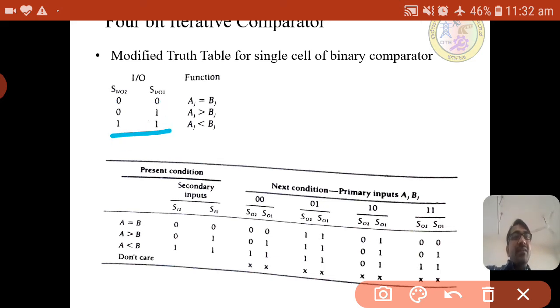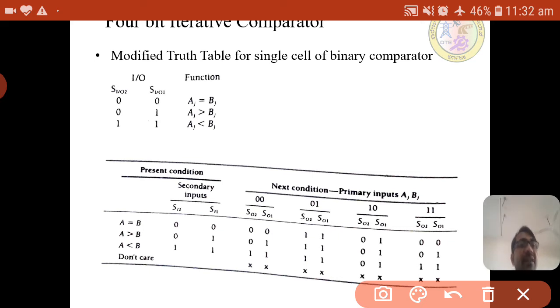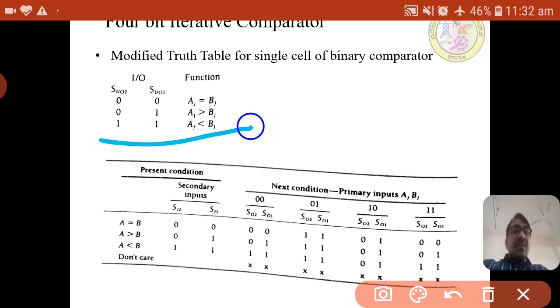If it is 1 0, then it is don't care, so we are not considering that one. We need to remember this table properly.